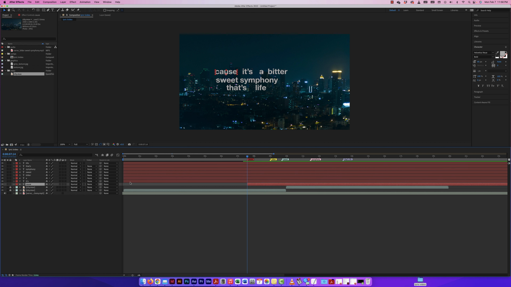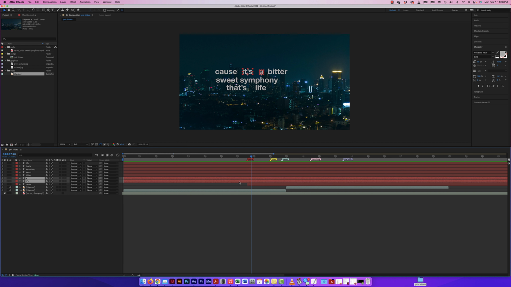So now let's find out where the next word is. It happens pretty quickly, and I didn't make that marker yet. I'm not even going to make those markers, but I'm going to do something else here. I'm going to use a keyboard shortcut. With my CTI over here, I want to bring this layer and this layer over here, but there's a quicker way to do that. If I select both layers, or any layer that I want to bring the beginning point all the way over here,